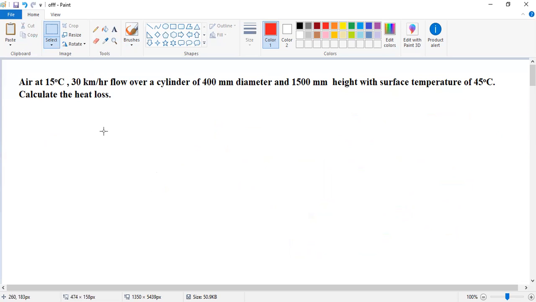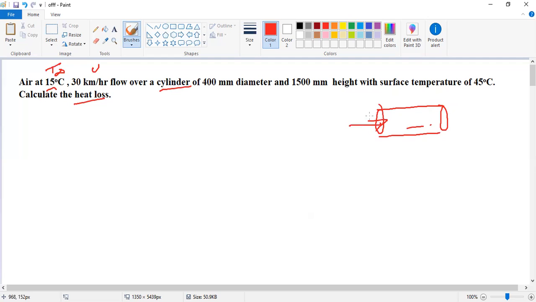Okay. So in this problem, we find out the heat losses. So that is heat losses, and then what data are given. Air is the fluid, with fluid temperature T infinity equal to 20 degrees Celsius, and velocity u equal to 30 kilometer per hour. So the fluid flows over a cylinder. Okay, so like this is a cylinder. So the flow over the cylinder,